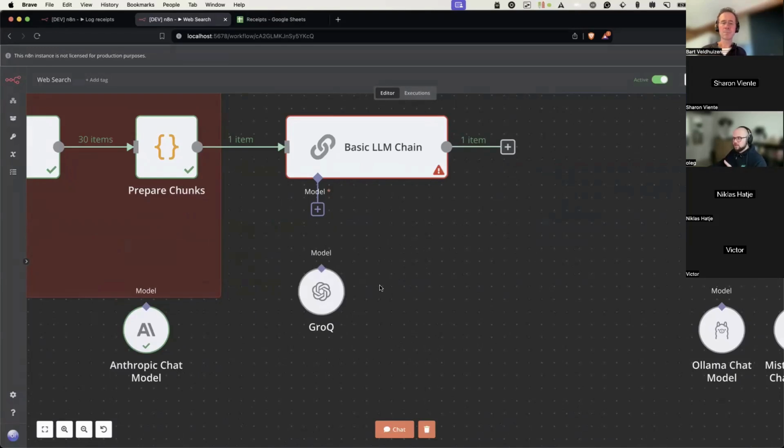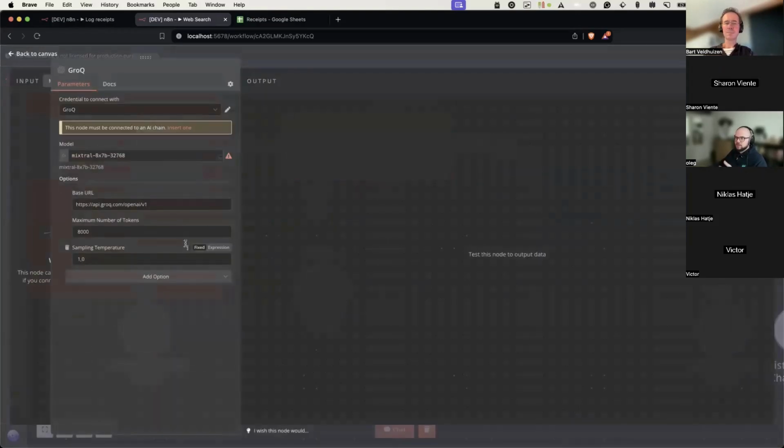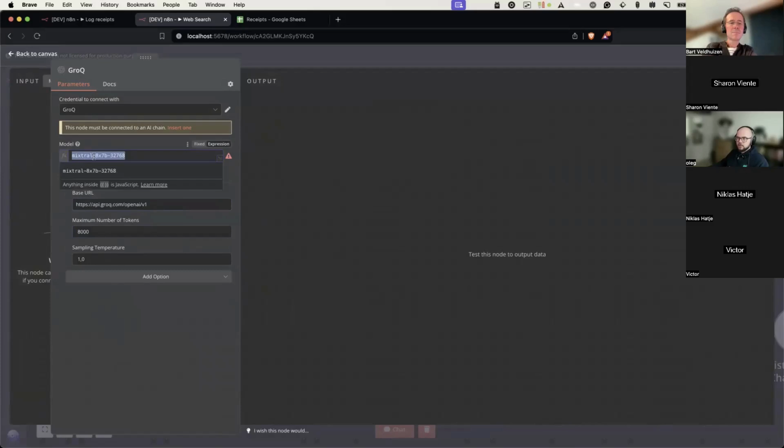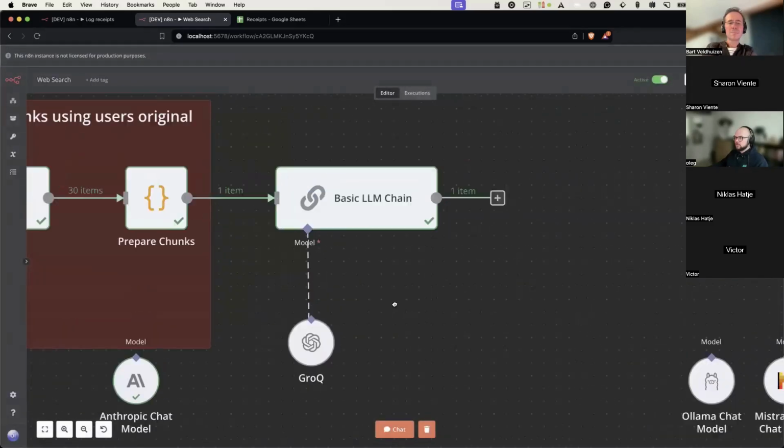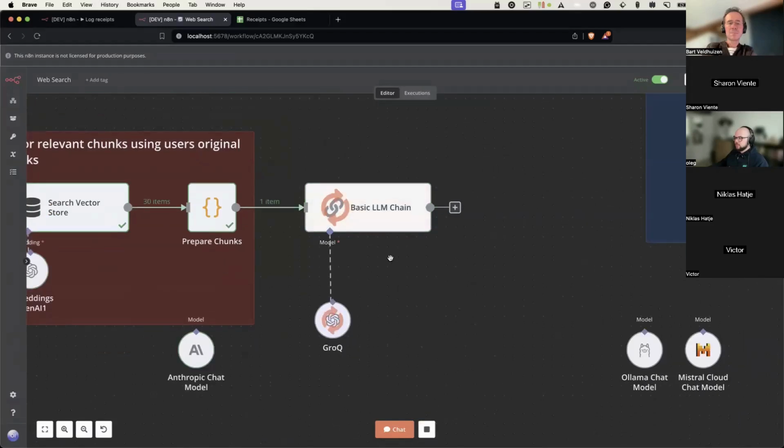A lot of these LLM providers have the same API interface as OpenAI. So you can actually use the OpenAI node by just changing the base URL. That's what we're doing here. So we're changing the base URL to api.groq.com/openai/v1. We're setting some temperature and maximum tokens, and we're setting the model, the Mixtral model. And now if we connect this and execute,